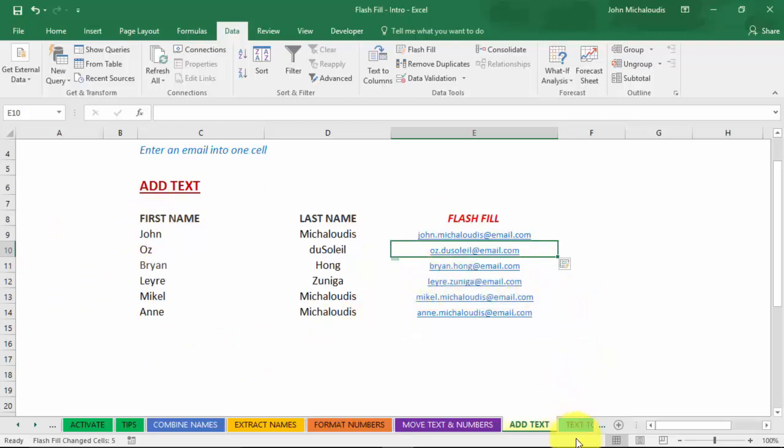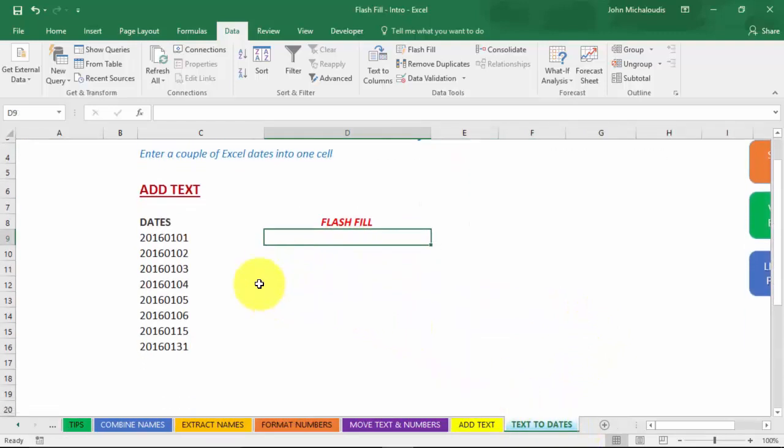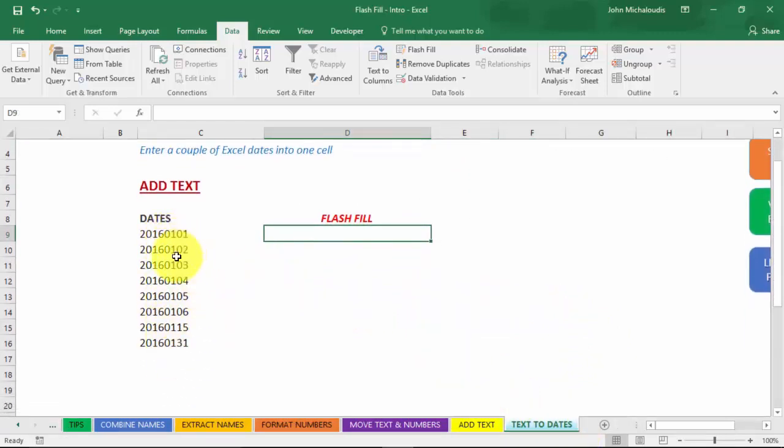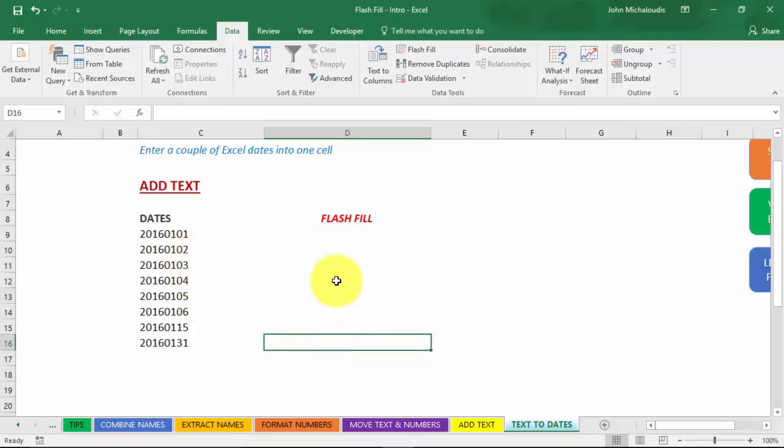No more formulas. Text your dates. Okay, so we have some dates here in this format, and we want to put it into an Excel format. But we're going to do a couple of suggestions here to Flash Fill, because you have different versions. The American version, you got the month, date, year. The Australian version is date, month, year. So what I want to do, I'm an Aussie, so I want to put in the date first, 31st of the 1st,